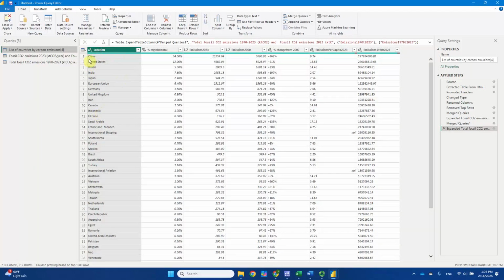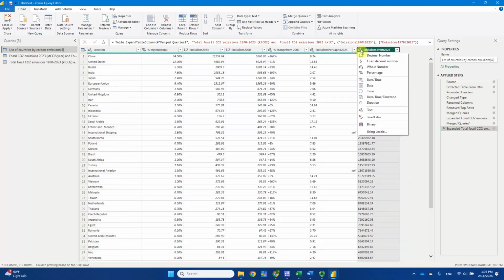This is basically text format. This is percentage format. This is number format. Okay, this one is not. This kind of looks like a text format, and this is also text format. This is text format. So we're going to change those text formats into numbers. Okay, so for this cumulative emissions column, click on this data type icon,